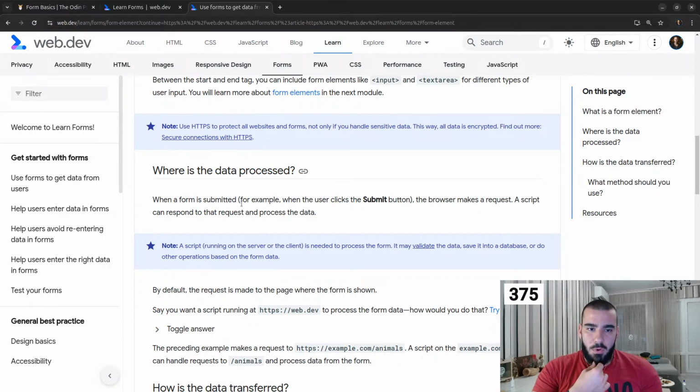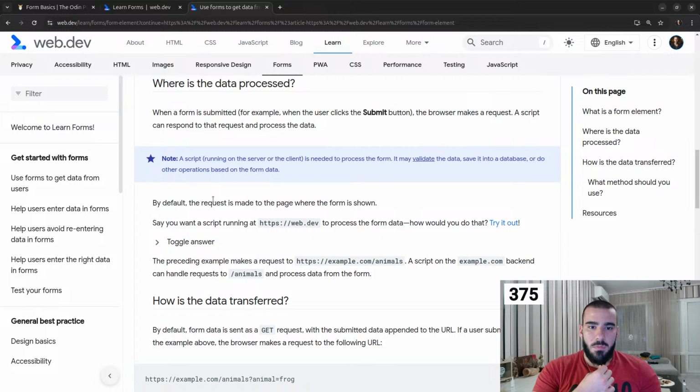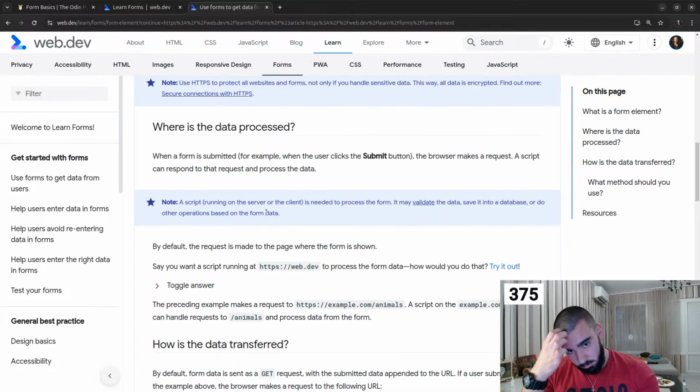Okay. When a form is submitted, for example, when the users click on the submit button, the browser makes a request. A script can respond to that request and process the data. By default, the request is made to the page where the form is shown. So if you want a script running at HTTPS web.dev to process the form data, how would you do that? Try it out. So they say by default the request is made to the page where the form is shown. So if my form is shown on web.dev, I wouldn't need to add the link, but otherwise it would be with action, and